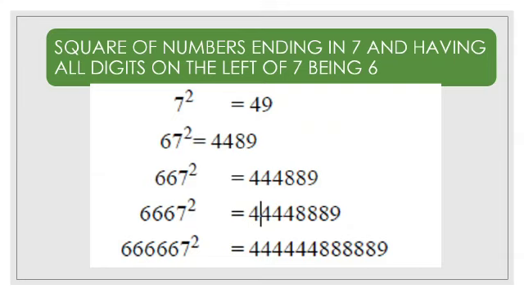4444889. Similarly, we are able to solve a special case in which we have a problem where the unit place is 7 and the other place digits are 6. Squares of numbers